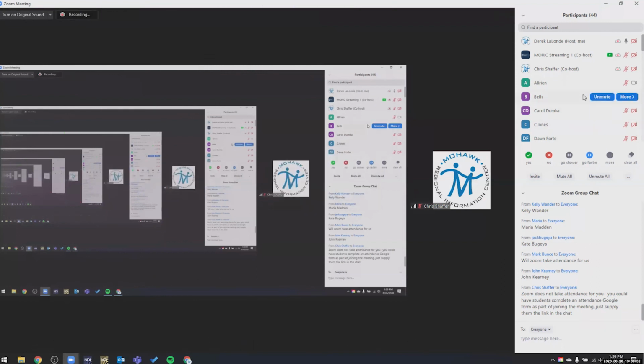Some of the other options within the participant menu are right here. We have basically little emojis. If I hit no, you'll see that I get a notification. If I ask a quick yes or no question, you see that little red X pop up. I can hit go faster. I can hit go slower. If you guys play with those, I should see